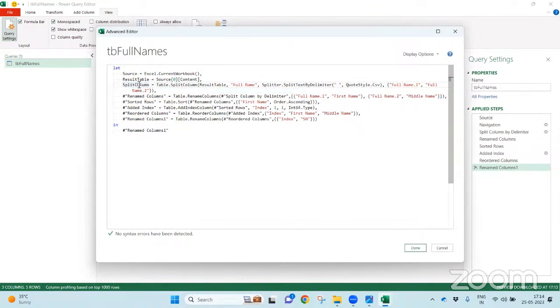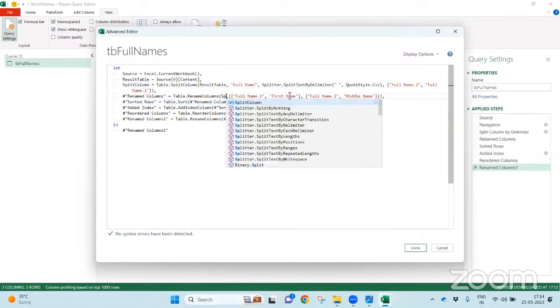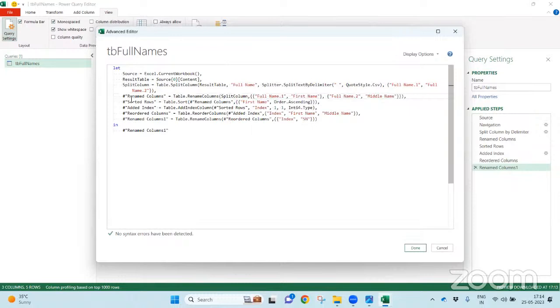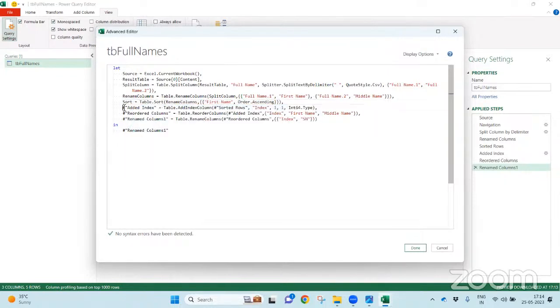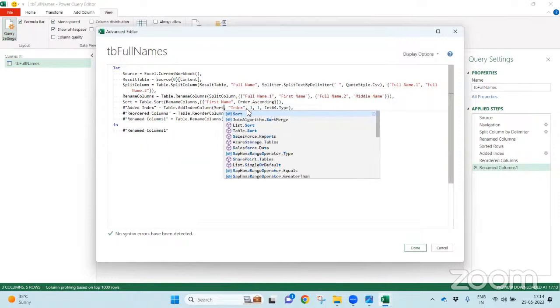Because you have taken split column, the same must be the feed for the next step, right? So this also must be split column. Now renamed columns, I don't want with two words. Let me put rename columns. When you have taken rename columns, now you give the same feed for the next step, rename columns. When you take here the sort rows, let me just put sort. That's all. Now, whenever I take the sort there, I want to give the same result as a feed to the next step. Let me put the sort.